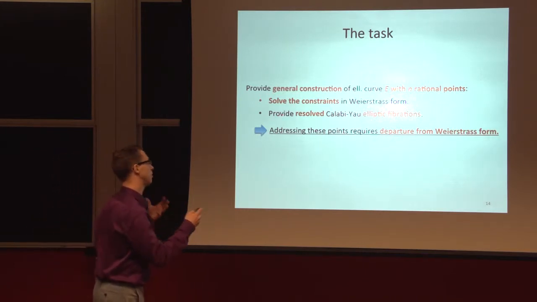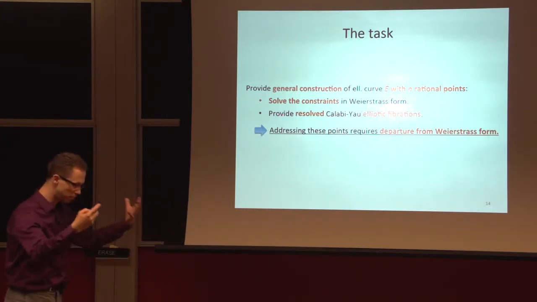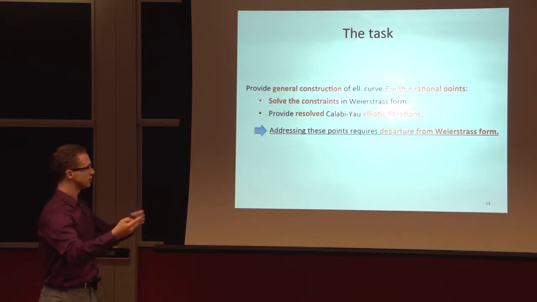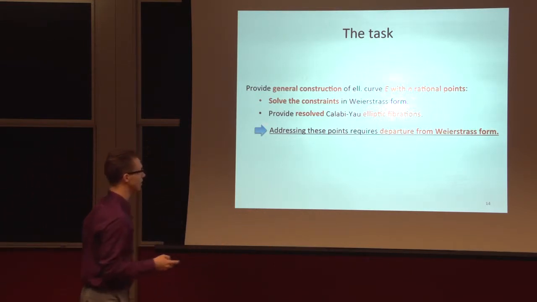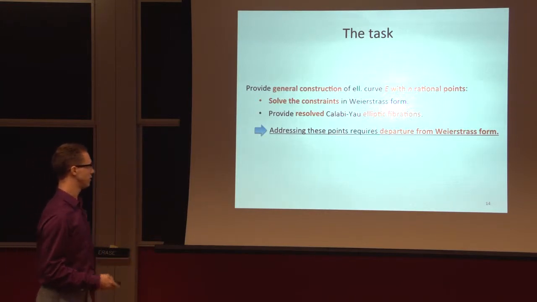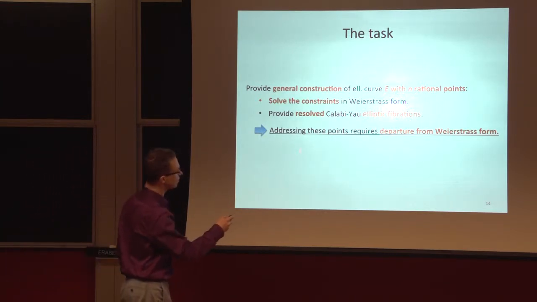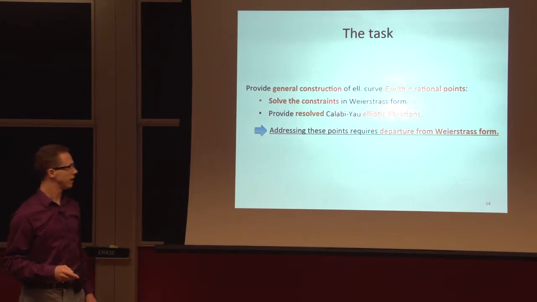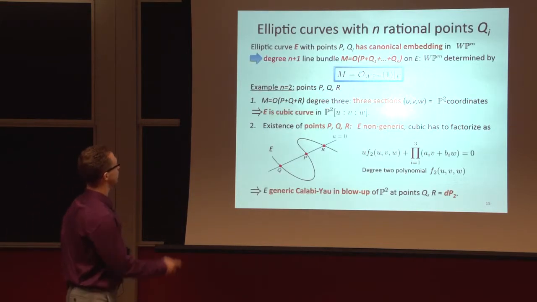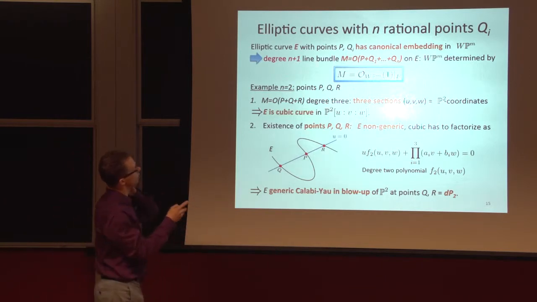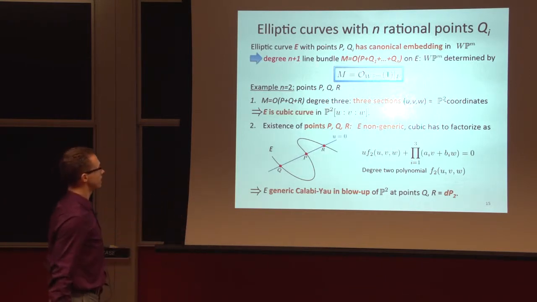And this means that I want to solve these constraints that are imposed on the functions f and g in the Weierstrass form, and I have to provide a resolved Calabi-Yau elliptic fibration in order to make sure that the model makes sense. And addressing these 2 points will require the departure from the Weierstrass form, as I would like to argue next. So if you have an elliptic curve with a 0 point and a number of rational points,